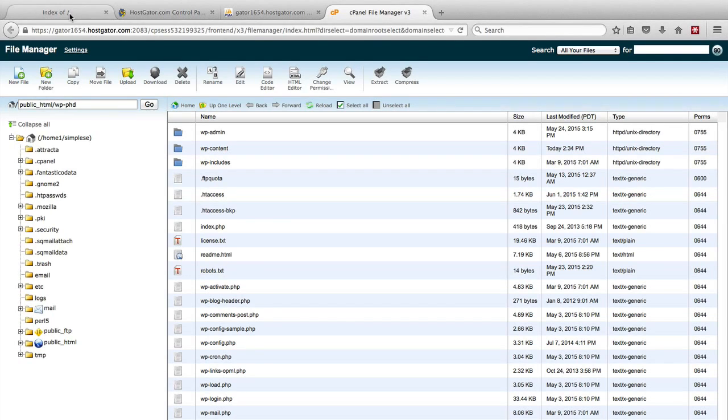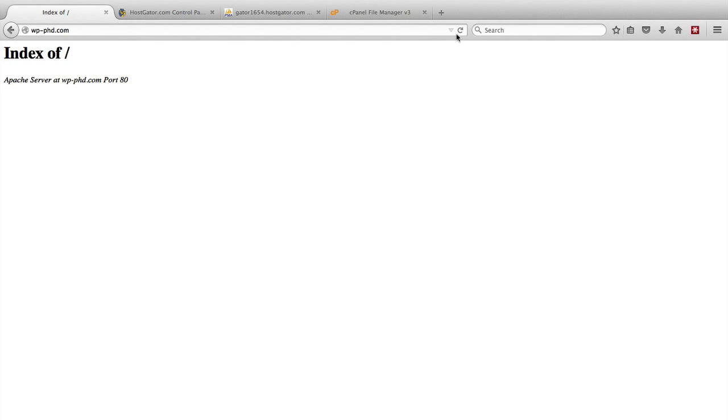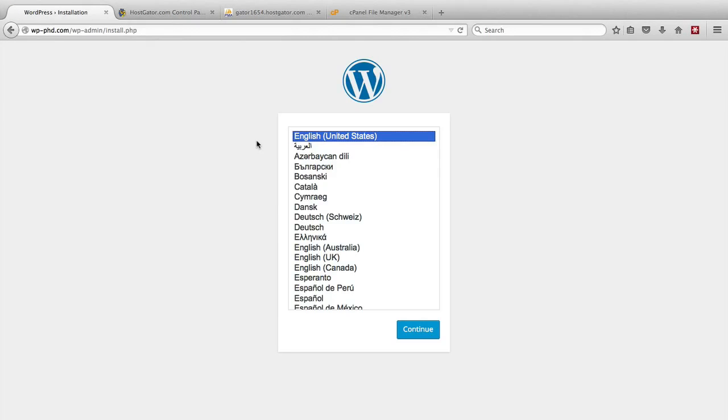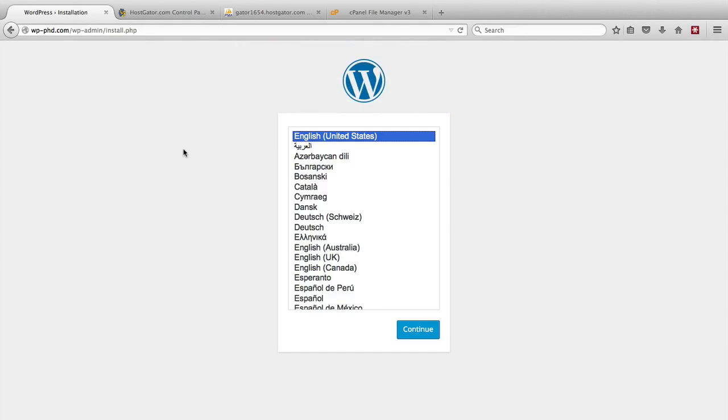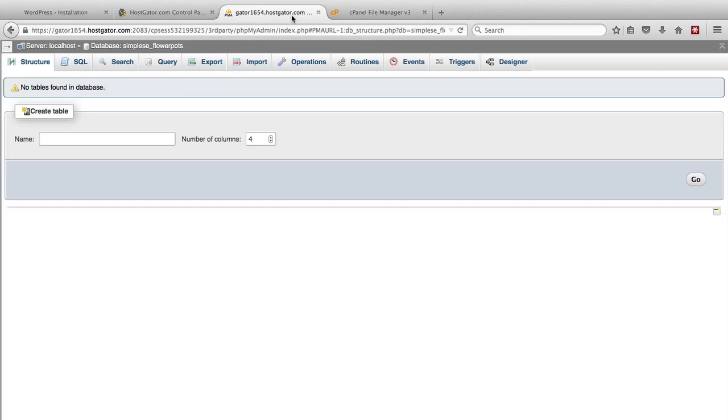And if we go back to our website, where there's currently nothing, if we refresh the page, it now has a WordPress installation menu. So you can go back and install WordPress again, but then you lose all your data. But we're not going to do that. What we actually want to do is upload our database, the database that we backed up previously. So if we go back to our flowerpots database, which we deleted earlier in the video, now we can go to the